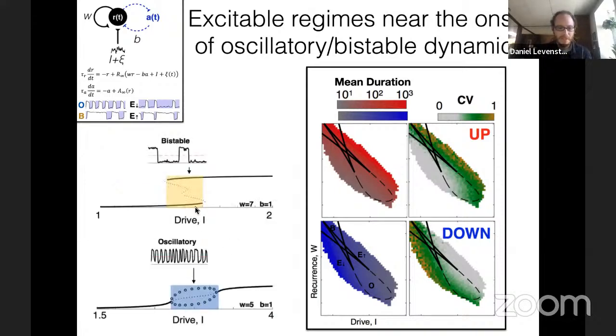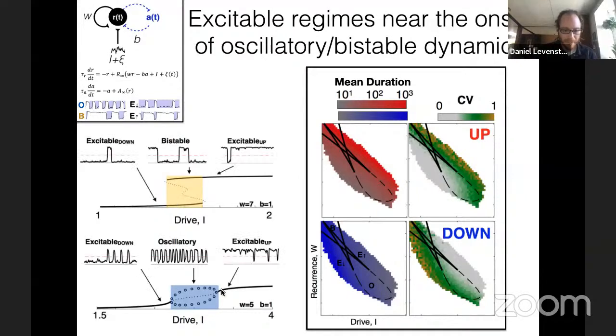And so this is basically happening because what you have next to our bistable and oscillatory domains in the input-output diagram is a metastable configuration where, even though you only have a single stable fixed point, because you're close to either this Hopf or saddle node bifurcation, you're able to get these single excursions out to the opposite state, which is a form of metastability due to being close to this bifurcation.